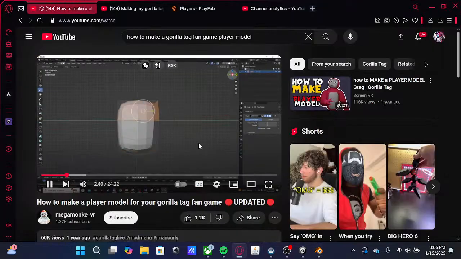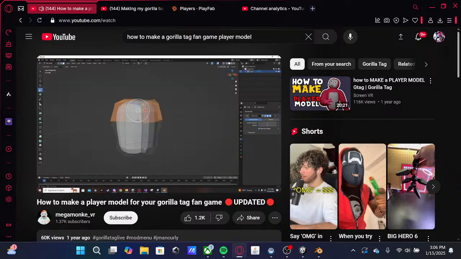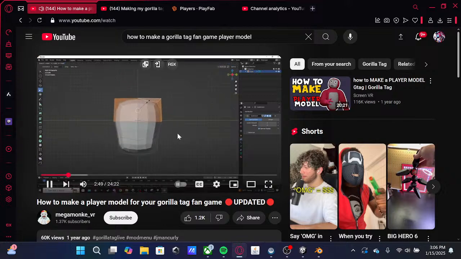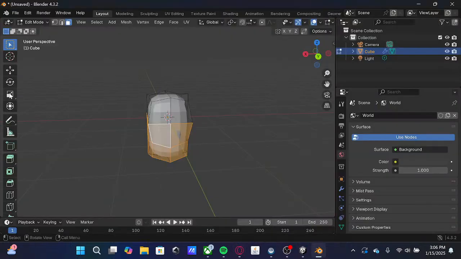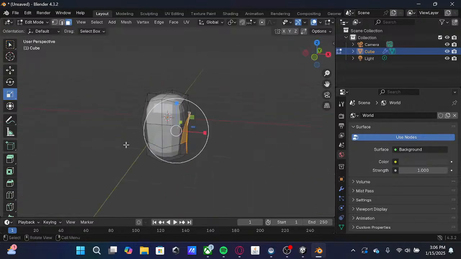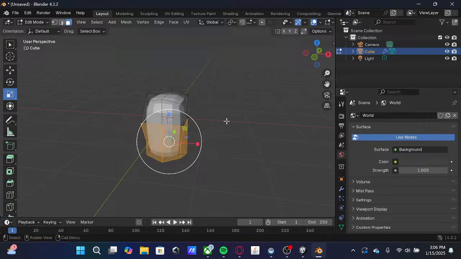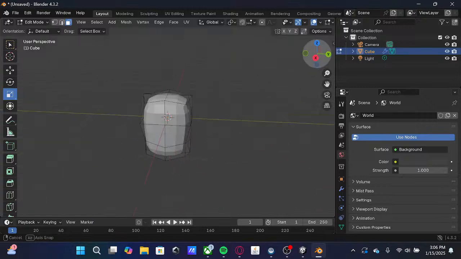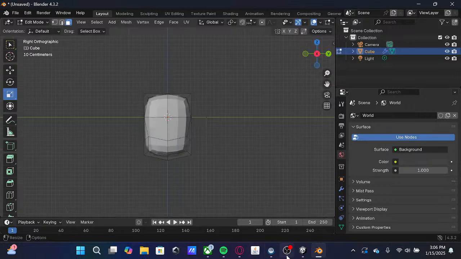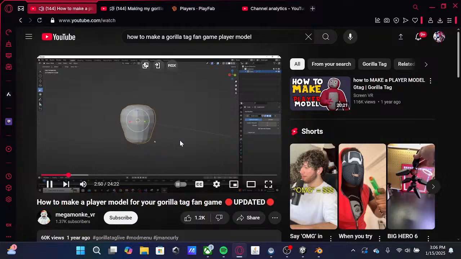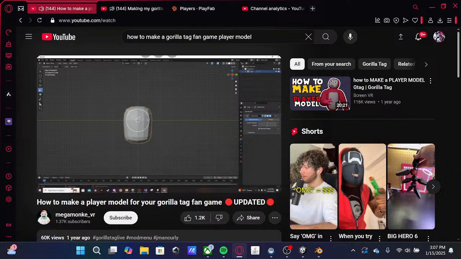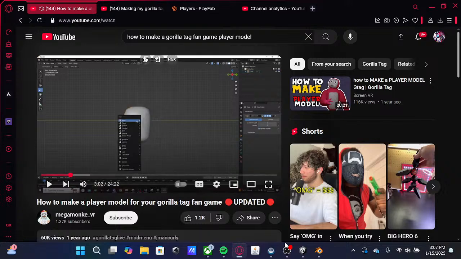Just select these top ones instead. Don't select the other ones, select the top ones. And then you can see, scale it. You can make them bulky like this, or you can just leave it. I would leave it, but that's only if you want to. And then I would click it, right click, shade smooth, and then shift